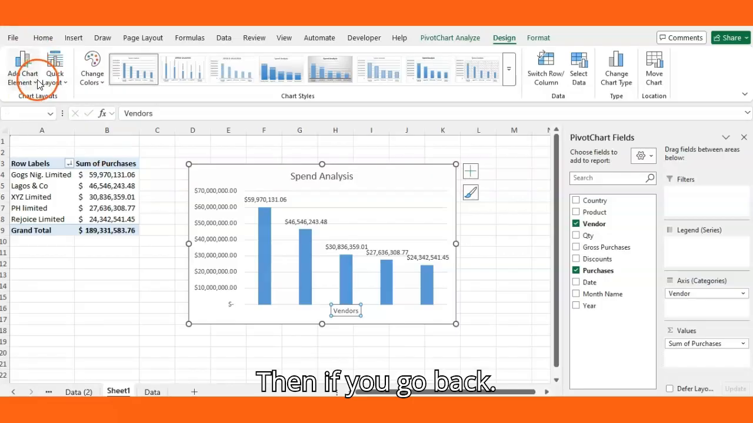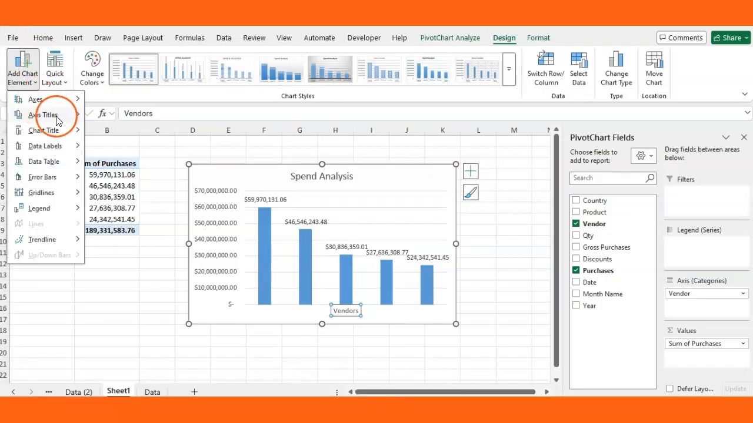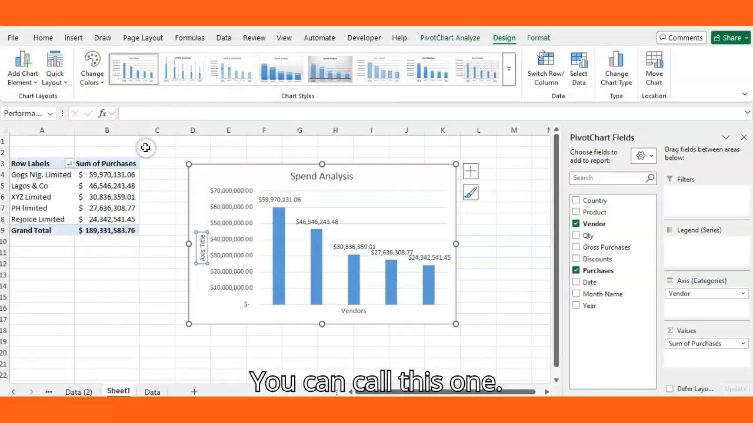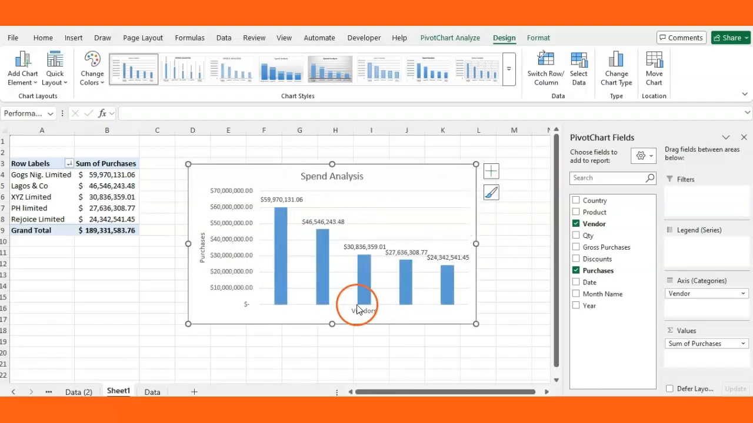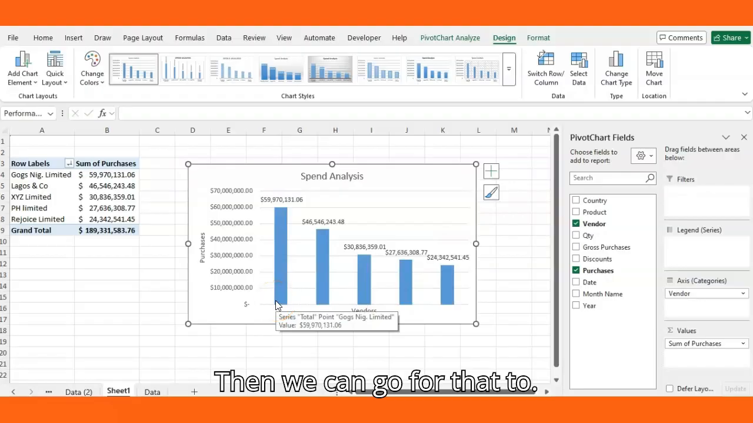Then if you go back, you can call this one purchases. That is our purchases. Let's open it a bit. Then we can go further to